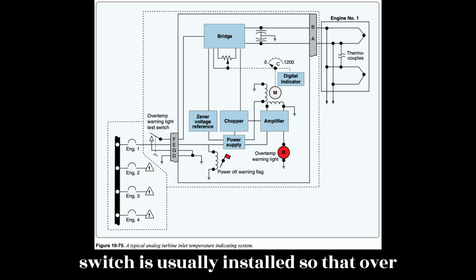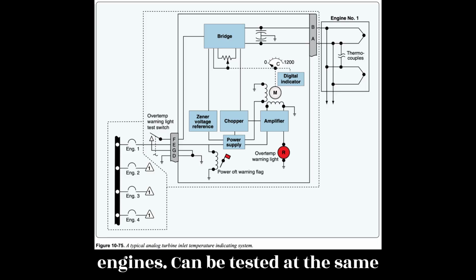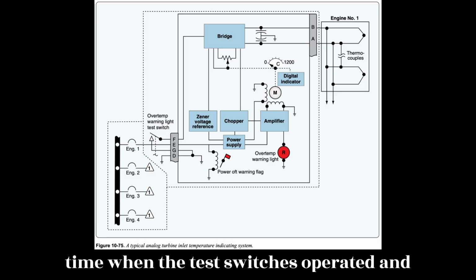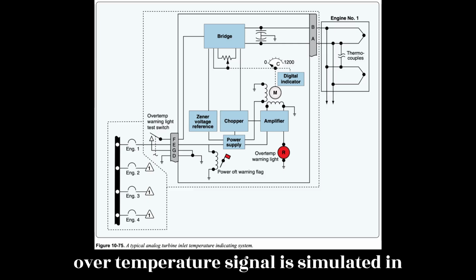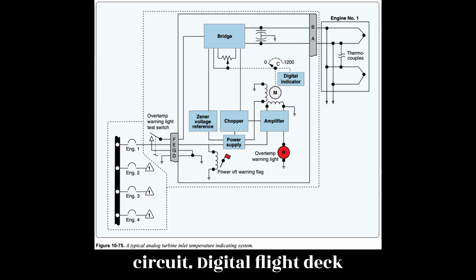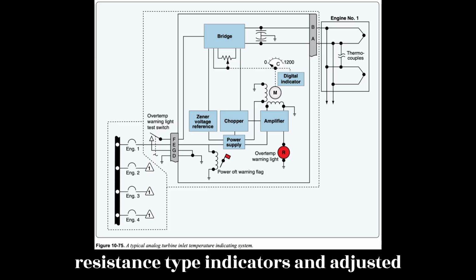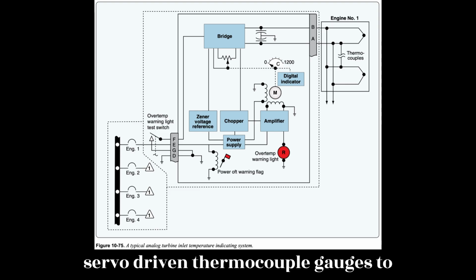An external test switch is usually installed so that over-temperature warning lights for all the engines can be tested at the same time. When the test switch is operated, an over-temperature signal is simulated in each indicator temperature control bridge circuit. Digital flight deck instrumentation systems need not employ resistance-type indicators and adjusted servo-driven thermocouple gauges to provide the pilot